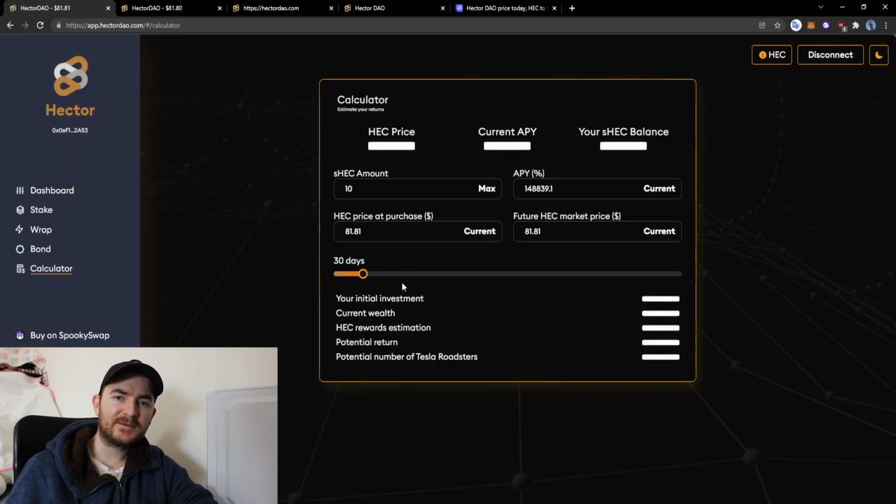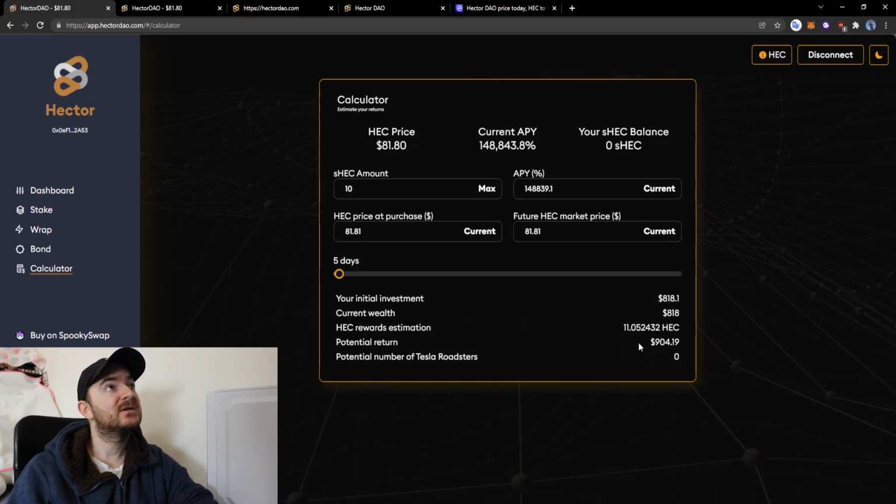Hector DAO does have a calculator where you can work out the rewards you'll get just from staking. So for example, let's say we buy 10 HEC at a price of $81 each. That's roughly around $800, $810. In 5 days, we will get a return of 11.05 HEC, which comes to $904, for a profit of roughly $90 to $100. But if we were to stake this for 30 days and the future price of HEC stays the same, we will get a return of about 18 HEC, which is a profit of about